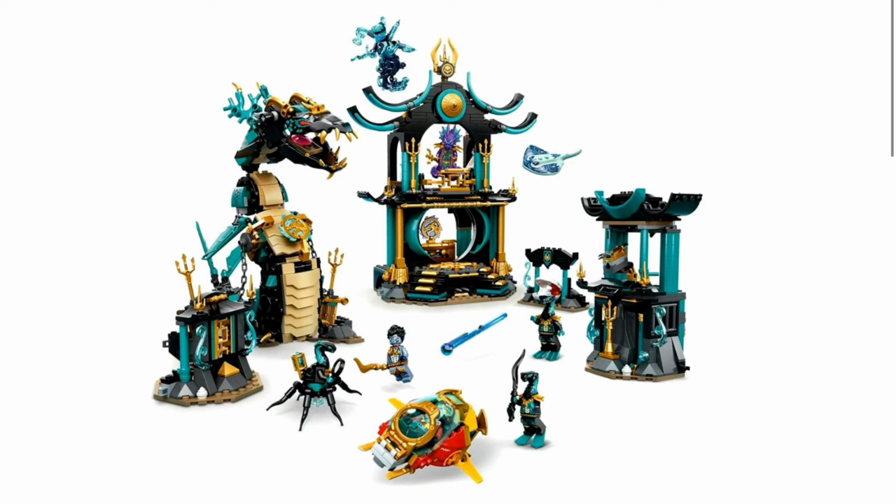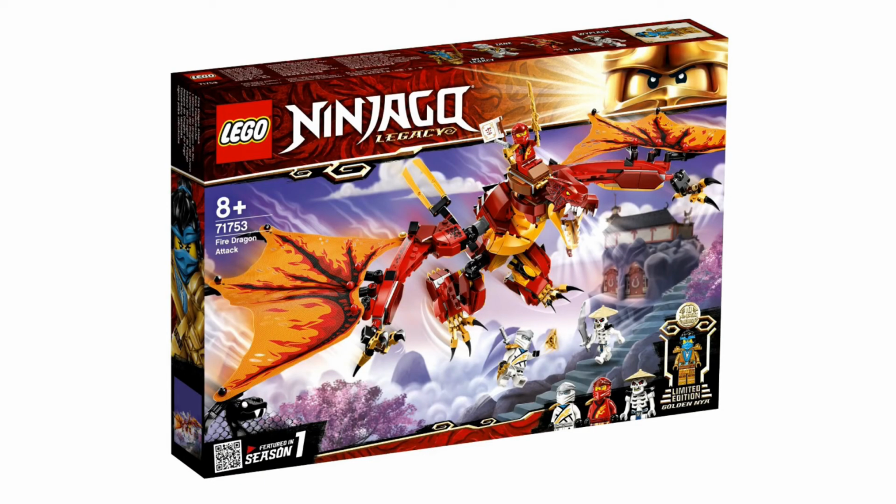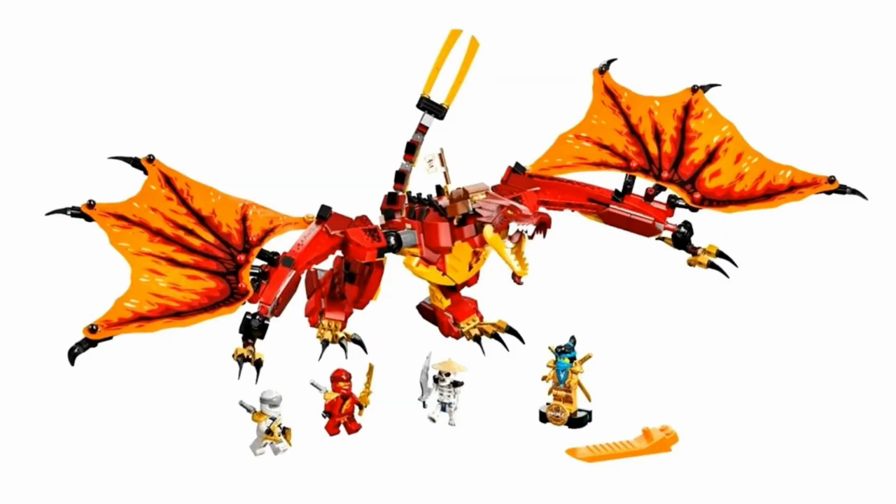Now let's move on to Legacy sets. We are starting with the best Legacy set on the list, and it is the remake of the Fire Dragon. As I said in the last video I made on these sets, something interesting about the Fire Dragon is that it's actually the oldest set, its original is the oldest set to be remade. The figure selection is also good. You get Kai, Zane, and a skeleton, which I think is...